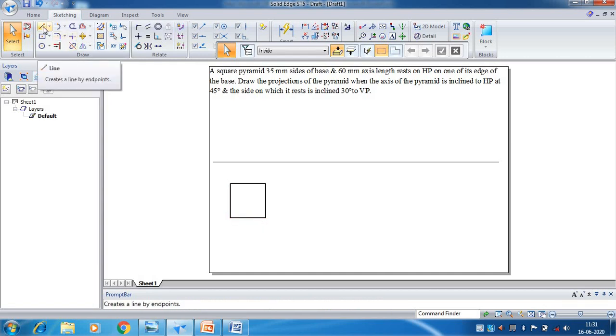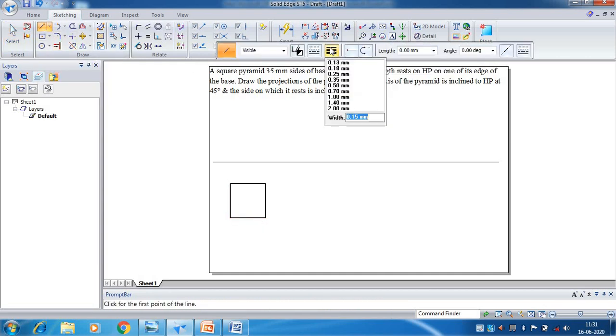So select the line command, change the line thickness to 0.5 mm because that is going to be the actual view, from this corner to this and from this corner to this. While drawing these lines you have to look for the endpoint symbol. So now we have completed the top view, the square base, and these are the slant triangular surfaces.